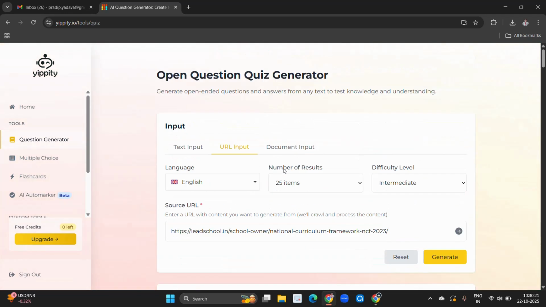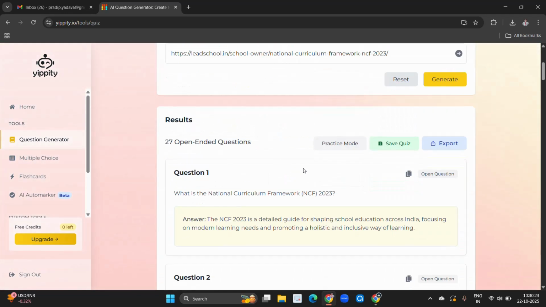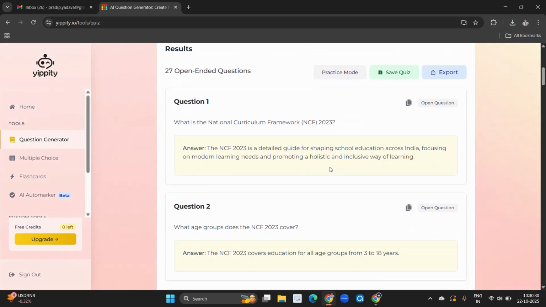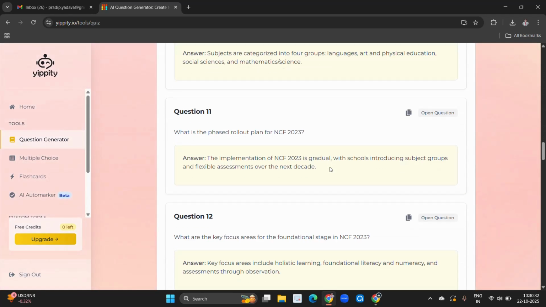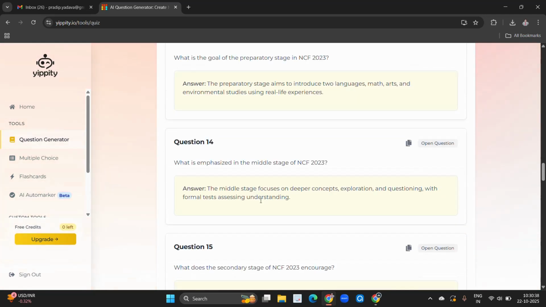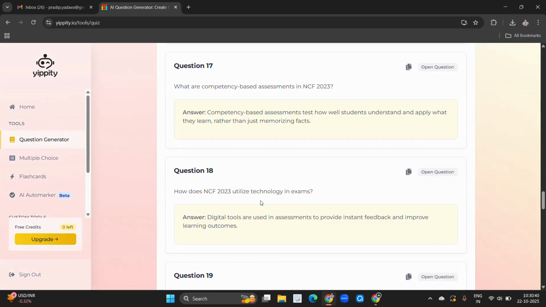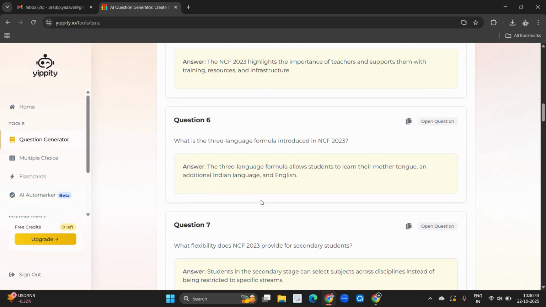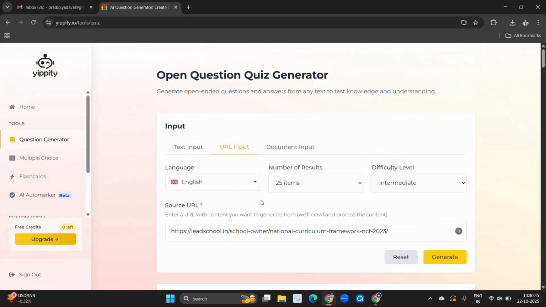Now this is the way by which you can create questions. So here you can see. Now here your free credit is 0, so we cannot generate anything else with this login. For this you have to take a subscription, which I have already discussed, nearabout 7 to 800 charges.